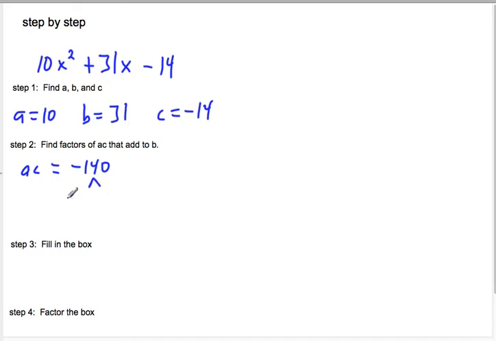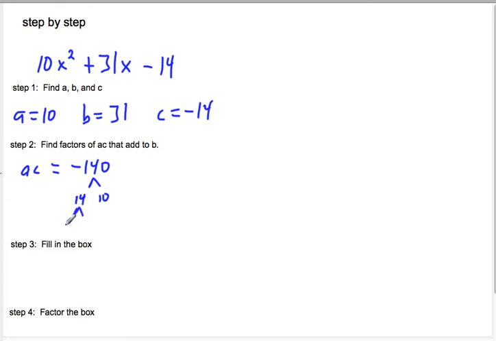So we're going to have a negative 1 somewhere. So one of these numbers is going to have to be negative, so we can deal with that later. Actually, I'm going to take out the negative. We just have to know that we're going to subtract these to get to 31. So we could have 14 and 10. But when you subtract those, you get 4. So they're going to have to be much farther apart. So maybe,